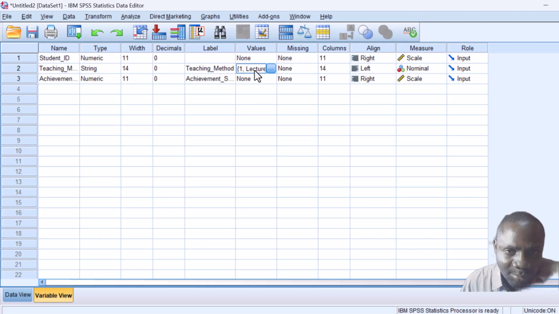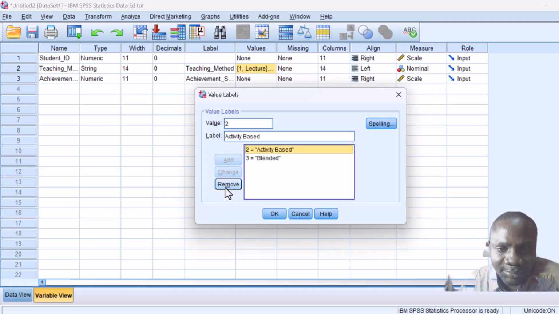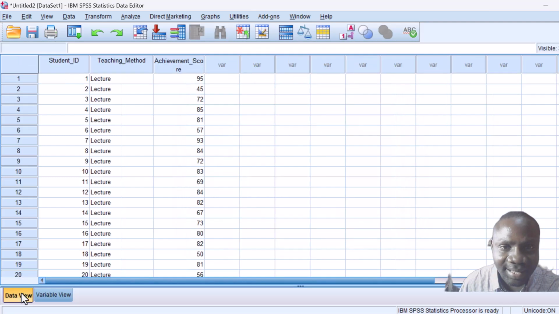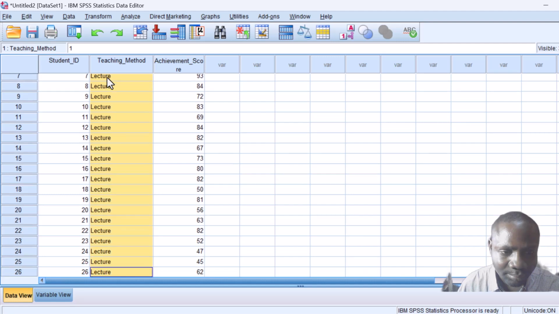What happened here is that the way we coded it, we had already put the data differently, so let me change this to 1 so that it will read from the back end like that. So this lecture is